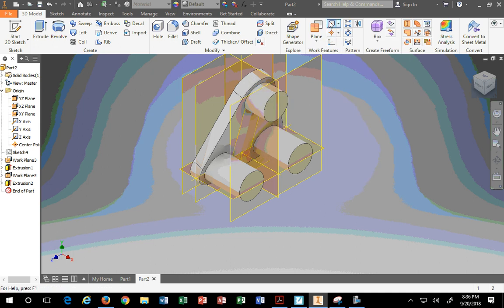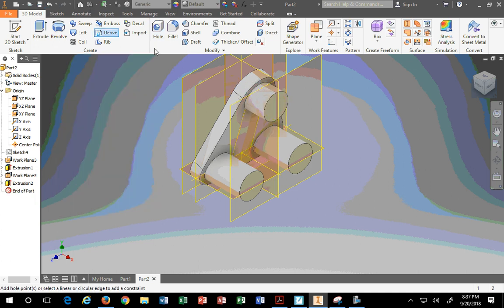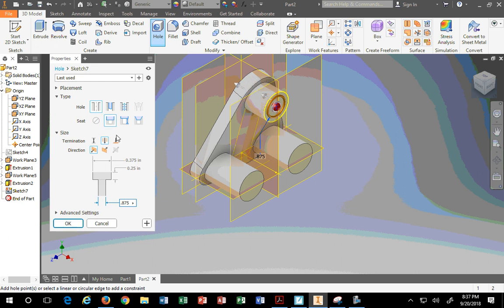So what you can do, there's a few ways to work with the hole command, is you would have to pick, if you pick a spot, see that? What you're missing is how to locate that spot. So you pick the side wall, and it finds the center. Again, hole command, pick where you want the hole, and pick the side of the body, and it finds the center. For a round object, it'll do that automatically. Then all you got to do is identify what kind of hole you want. In this case, we want a counterbore. According to the drawing,